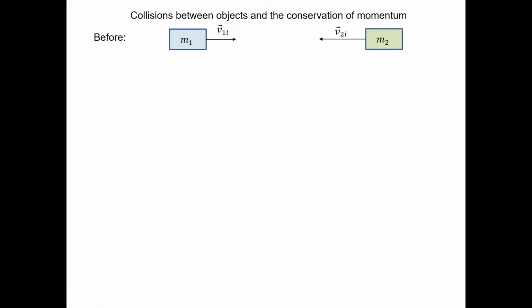I've colored them different colors just so that we can easily distinguish them. And they might have different initial velocities as well, but they're on a collision course. So here's the before picture. And afterwards, we're going to imagine that perhaps they go in different directions. If M1 happened to be really massive and M2 were really light, like a bowling ball and a ping pong ball, then they both end up going in the same direction afterwards. But they have some final velocities, so we'll call the initial velocities V1 initial and V2 initial, final V1 final